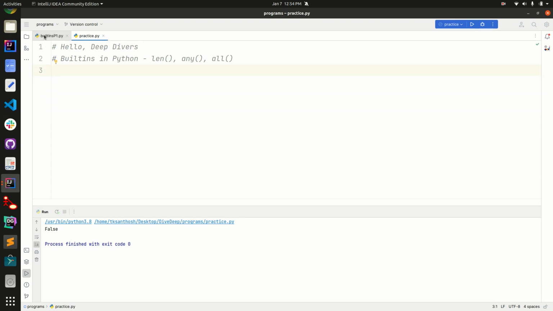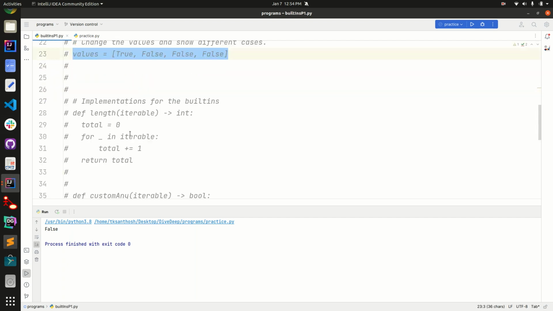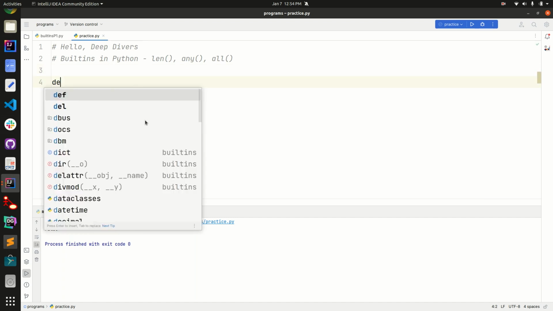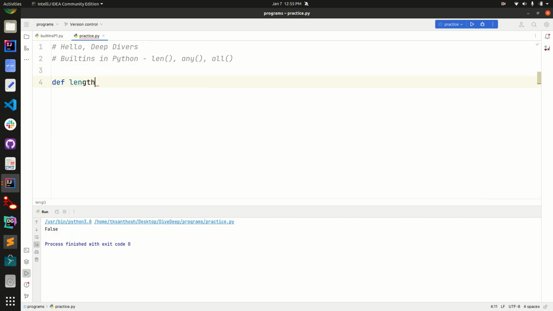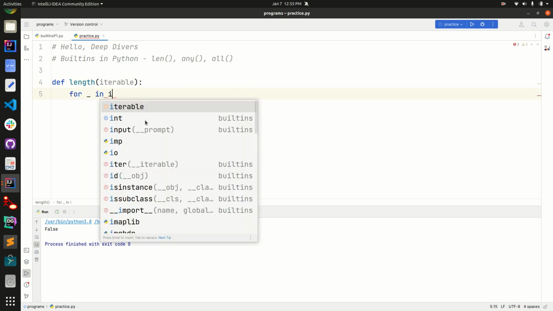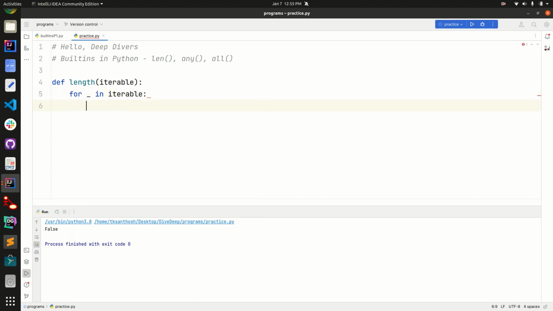Next, let's build our own custom built-in functions. Let's build our own length of function. It takes an iterable. I'm gonna iterate through it. For each value in the iterable, I need a variable to count the values.